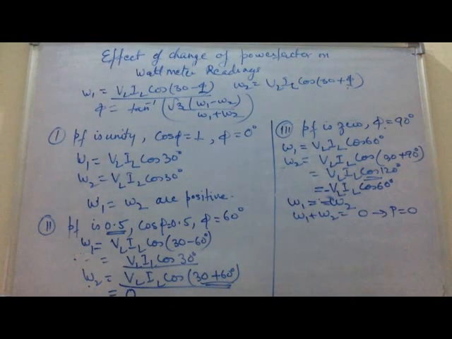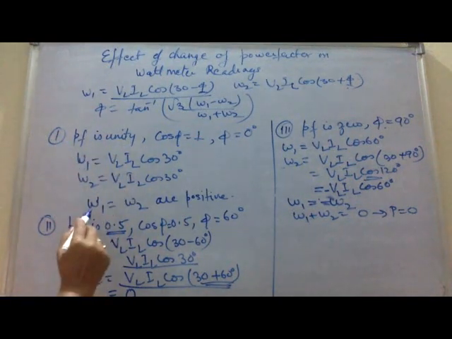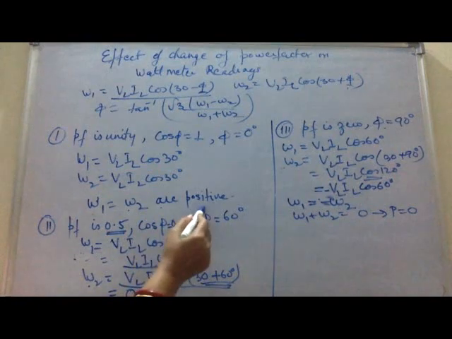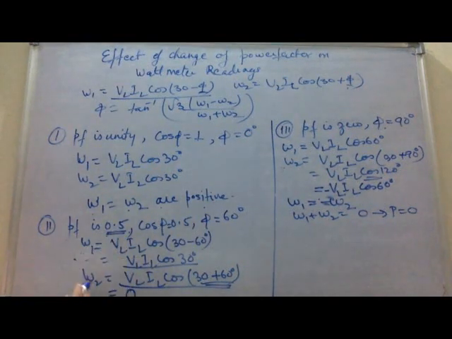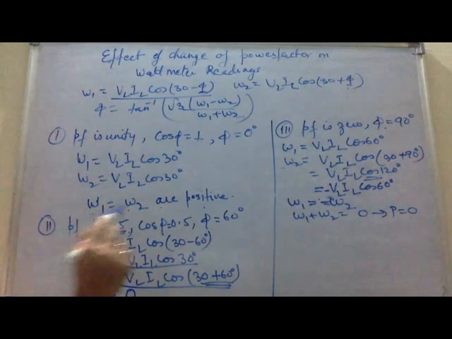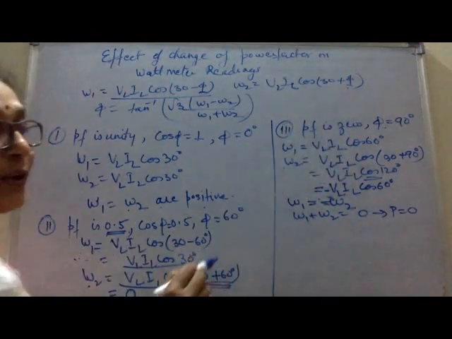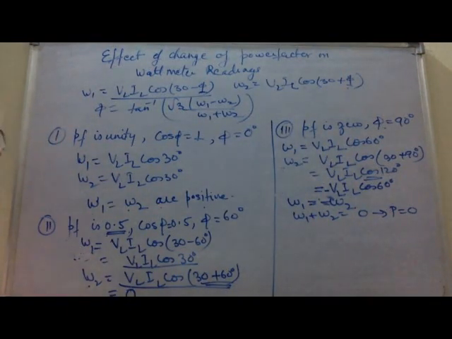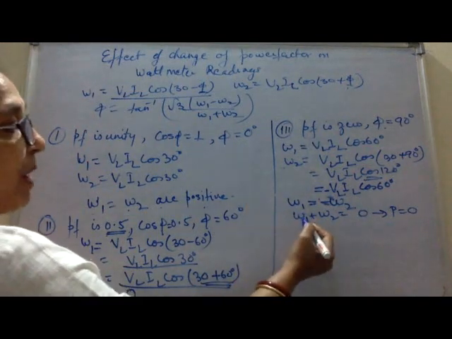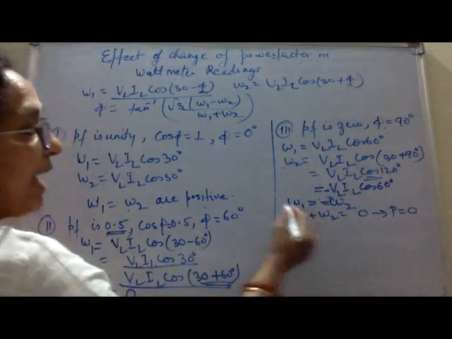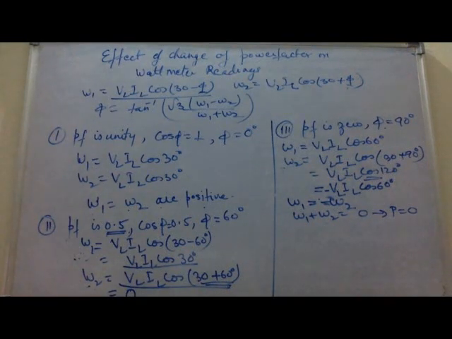So we can see the three cases. When the power factor is unity, W1 and W2 are equal, both are positive. When power factor is 0.5, W1 is reading the total power consumed in the circuit while W2 is 0. And the third case, when power factor is 0, this means that the circuit is totally reactive and hence the total power consumed will be equal to 0 and W1 will be equal to minus W2, that is both are equal but one is negative. Now how to read the negative power? For negative power, as I told you before, the wattmeter current coil has to be reversed